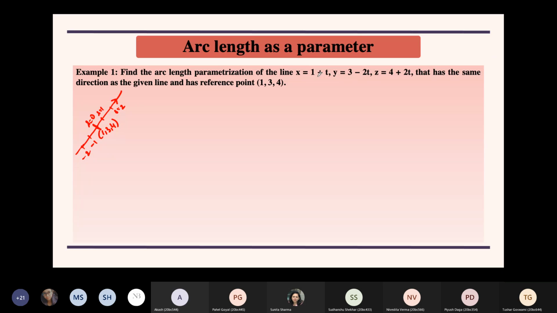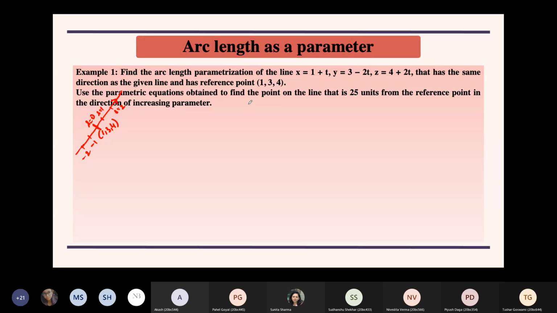After that, when you integrate it from t naught to t, what do you get? What is t naught here? Are you able to figure it out? This is the reference point, so this corresponds to what value of t? 0. When you put t as 0, you will get this particular point. So your t naught will be 0. When you integrate 3 from 0 to t, what do you get? 3t. Okay, so I'll just show you the solution part. There is one more part to the question which I'll read out later.